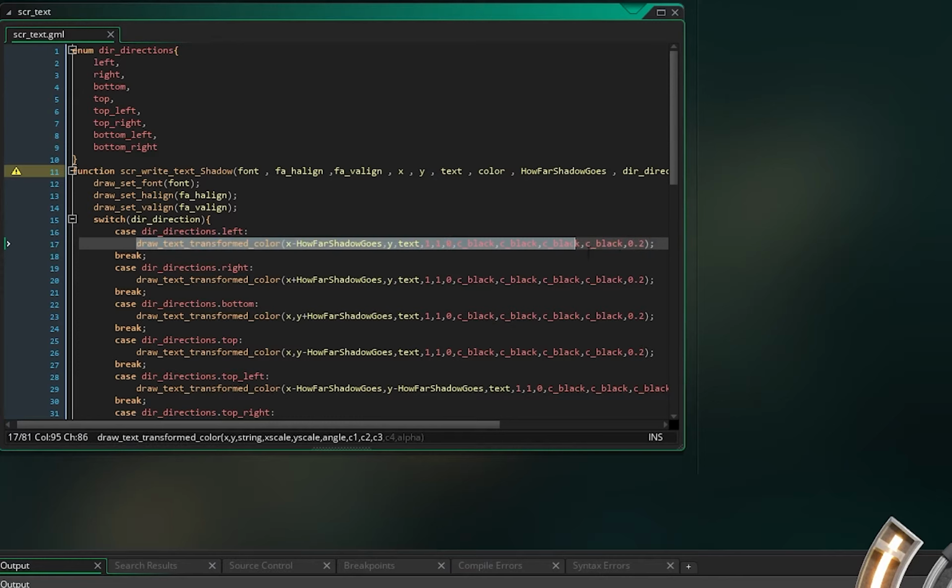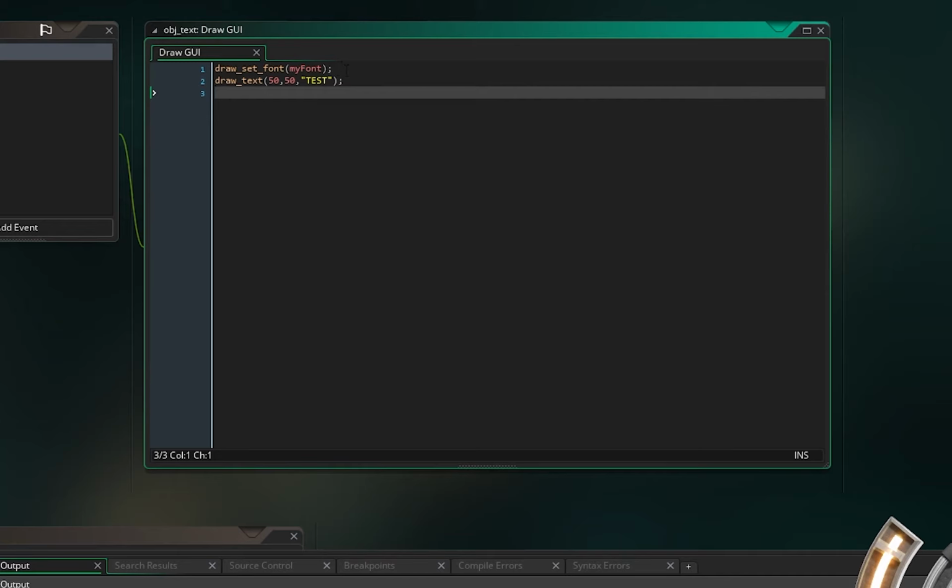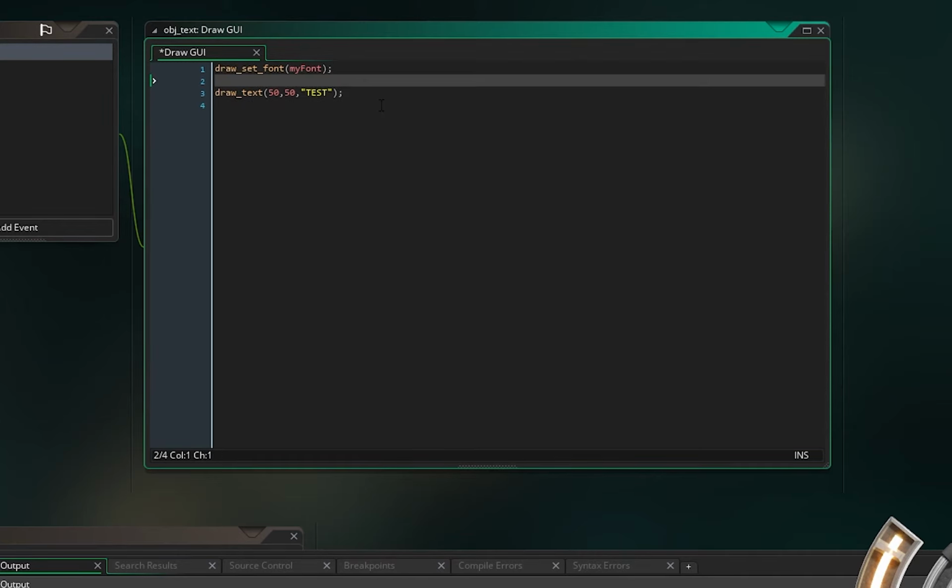If you just copy and paste this into your object, when you write this text, let's just do it. I want the shadow 2 pixels away from our text, and I want it at the bottom right. So we add 2 to X and Y, and the text that I want to show is test,